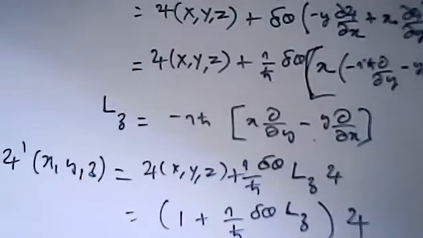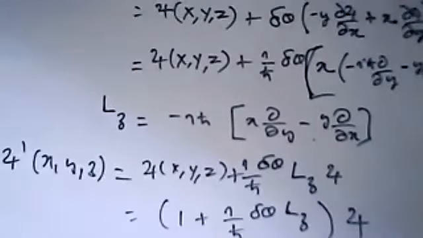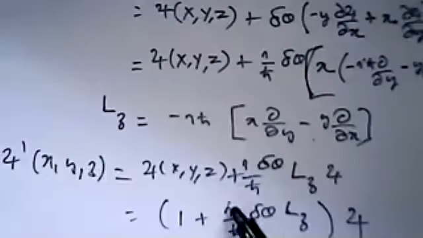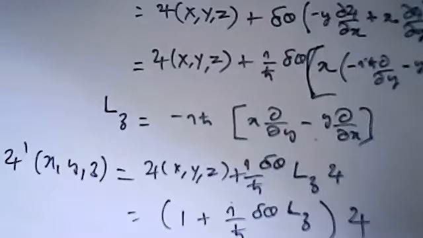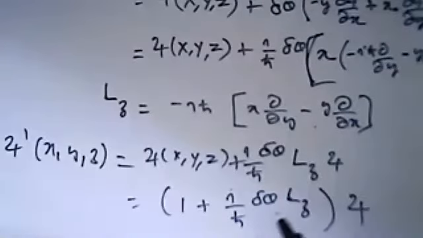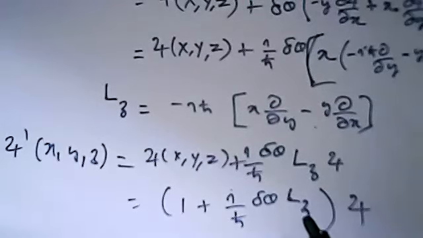So this is the way of finding the unitary operator which is capable of doing the rotation of the system. So we found the unitary operator. This, 1 plus i by h cross delta theta into Lz, is the unitary operator. So its generator is Lz by h cross. Lz is the angular momentum operator, z component.